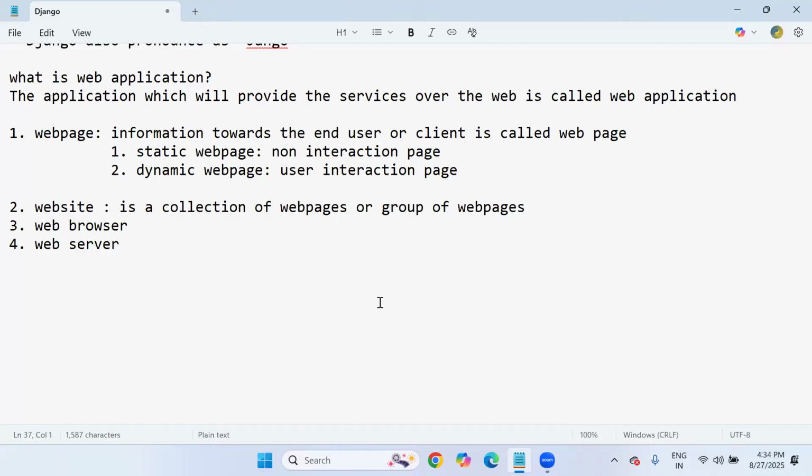So Python knowledge is a must, because for functionality we use Python. Whatever rules and regulations, specifications the Django framework provides, we will follow. And Django also provides a lot of built-in libraries. Those libraries we have to consume. So if you want to consume or access Django libraries, we need a specific programming language, that is Python.